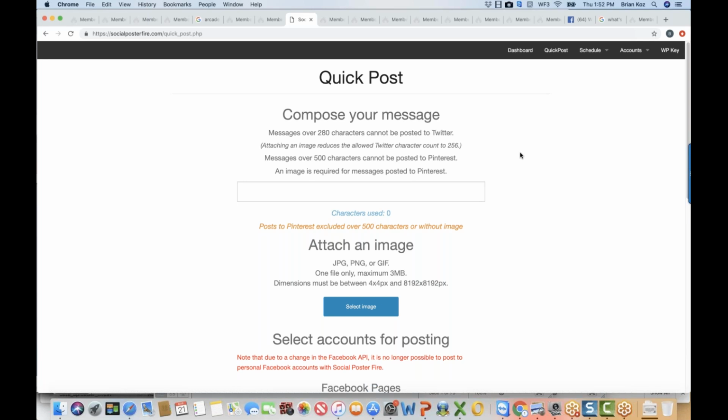And even cooler is that you can post to multiple pages at once, as well as write out several different posts. So if you want to time your posts out and say, hey, I want to post once a week or once a day for X amount of days or weeks, you can do that and write all those ahead of time, and they can automatically go to all of your social accounts at once.